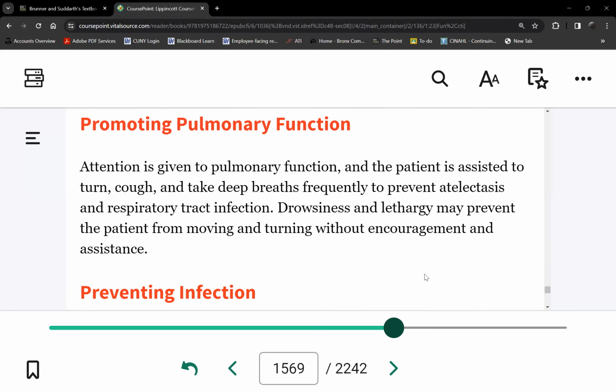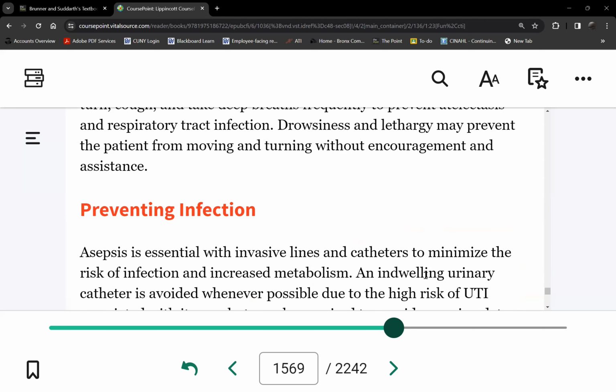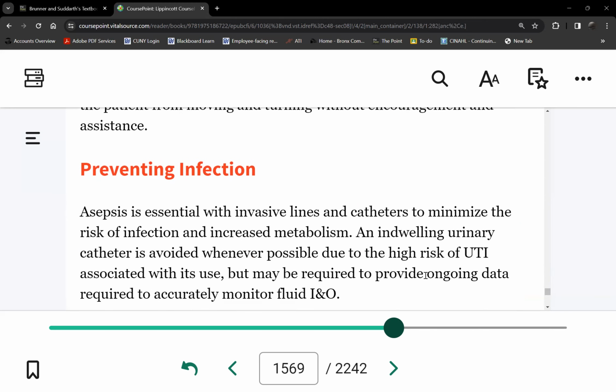This one is about, can this patient go into heart failure? Yes, kidney failure can go into heart failure as well. Preventing infection: remember, these patients will have a catheter to measure hourly urine output. So make sure we do have interventions to prevent UTIs in patients with catheters, which include what?